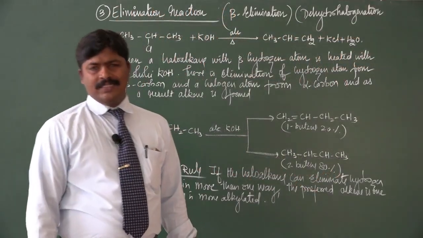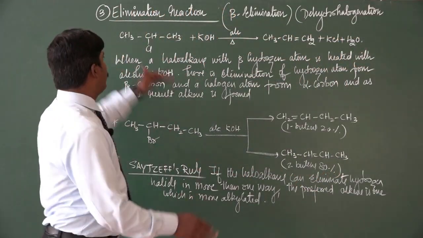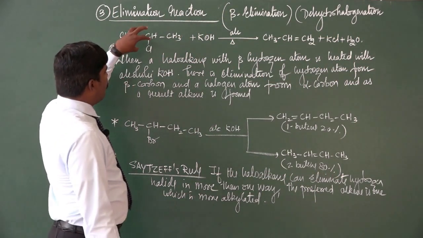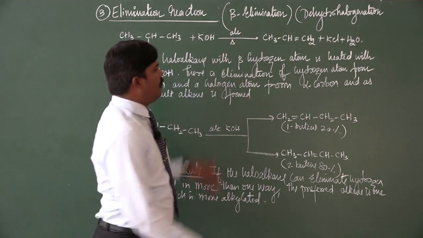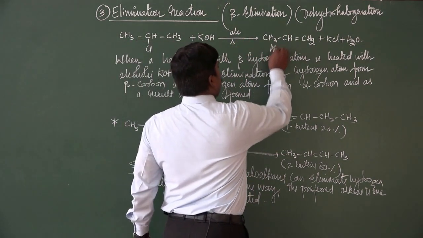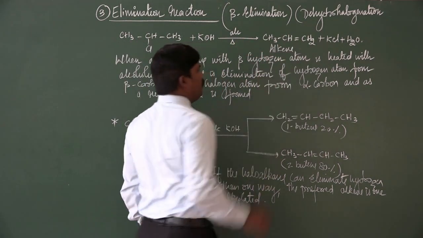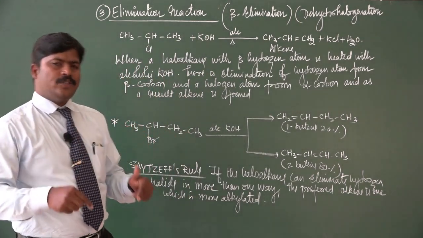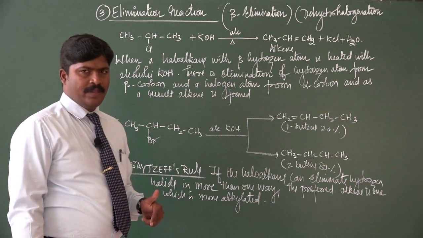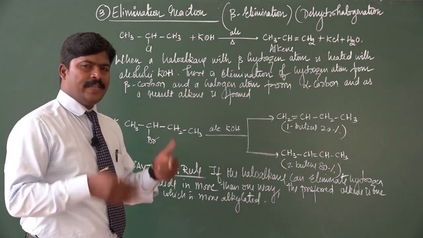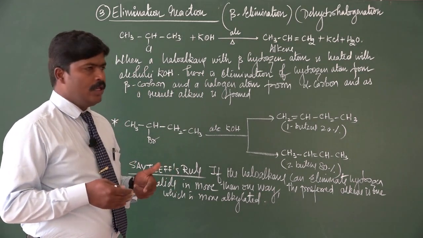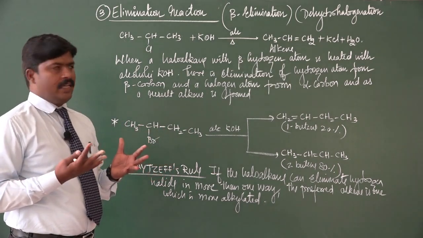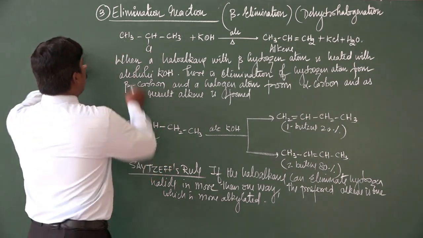Now, coming to the third type of reactions, we have the reaction of elimination. We have learned this in first PUC. Whenever elimination takes place, we end up with an alkene, that is propene. So, elimination reaction always leads from saturation to unsaturation. What happens if I perform an elimination reaction on an alkyl halide? For example, if I take 2-chloropropane,